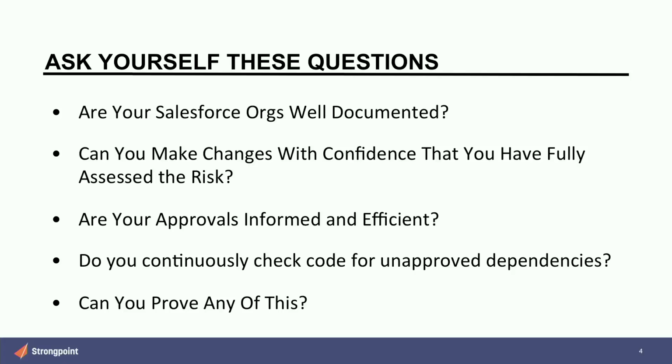We continually check code, so we know exactly what is in our orgs. And of course, can we prove that we do everything that we just asked? Like, we have proper documentation, proper change management, proper approval process. I can tell you yes, but how can I prove it? So based